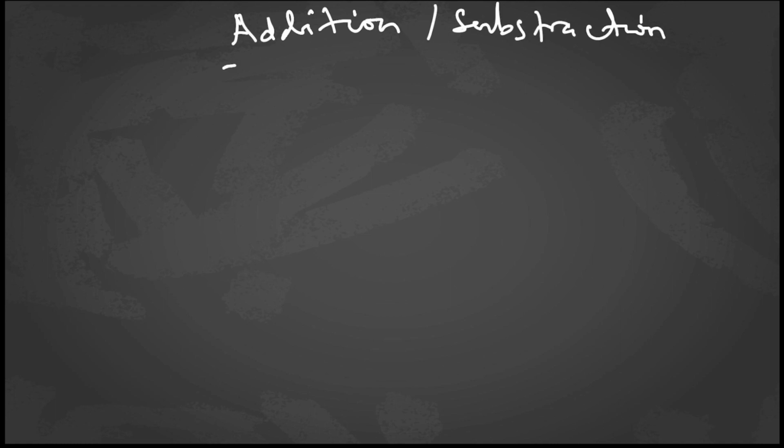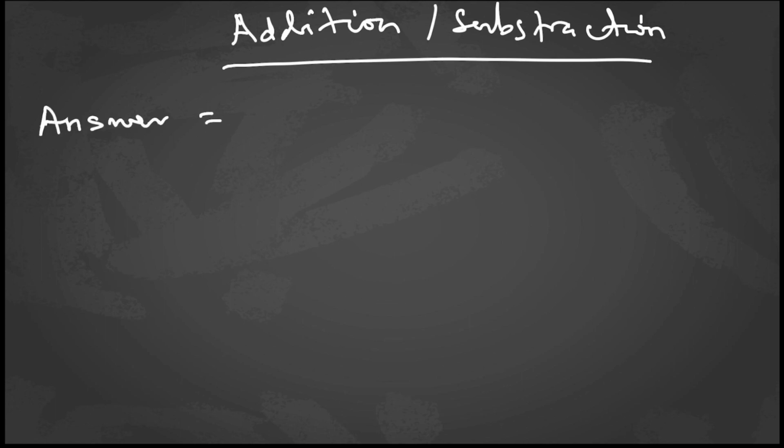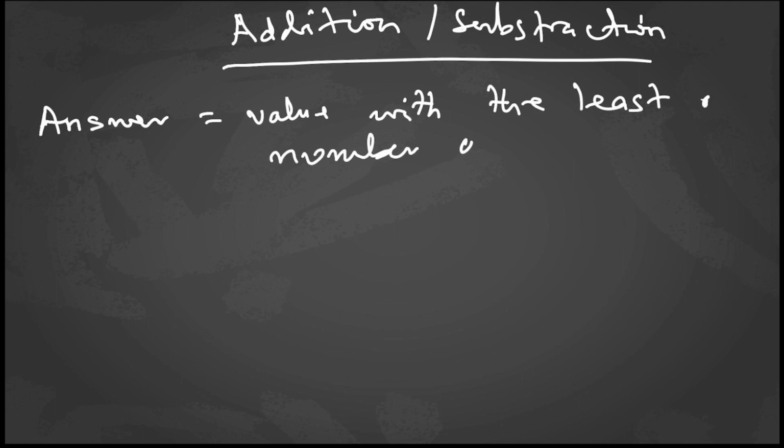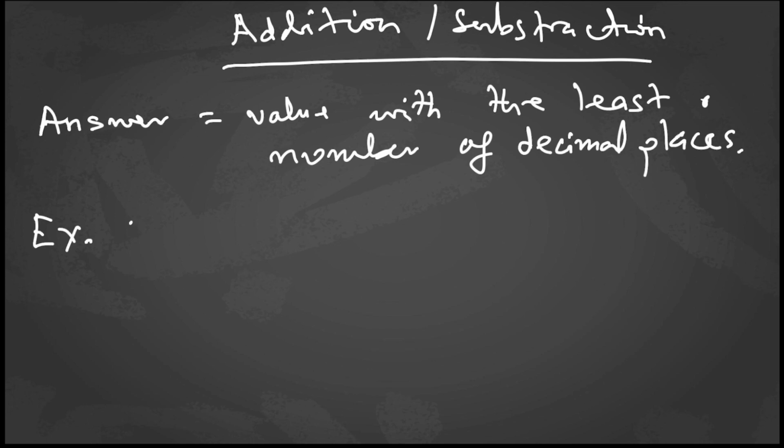So if we are doing an addition and subtraction problem, what we have to keep in mind is that our final answer depends on the value with the least number of decimal places. What do I mean by this? So let's say we have an example where they're asking us to add